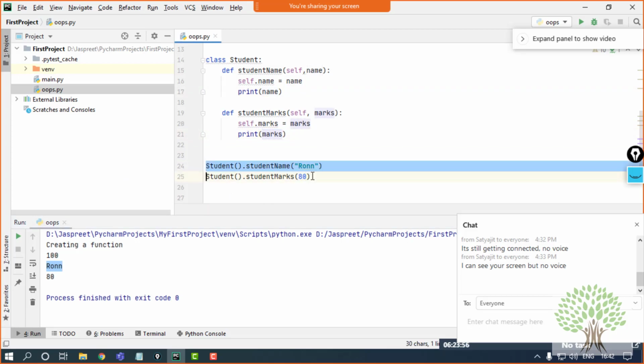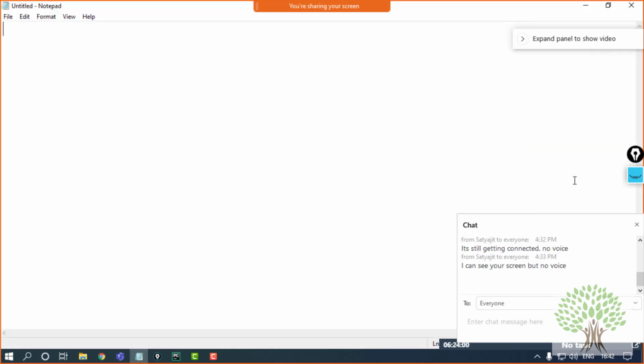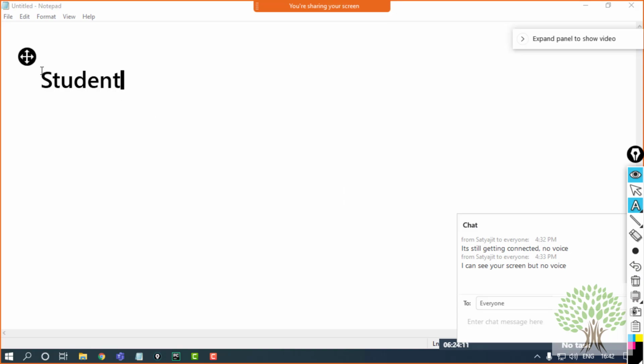But there is one issue. What that issue is, is that right now by this syntax, what is happening is basically that I am making a hanging object.